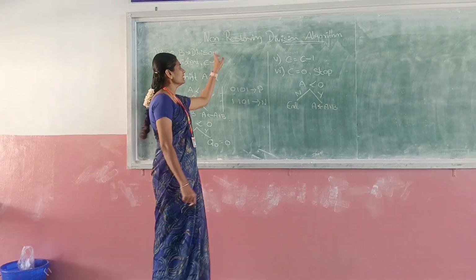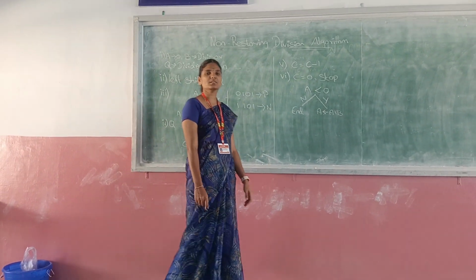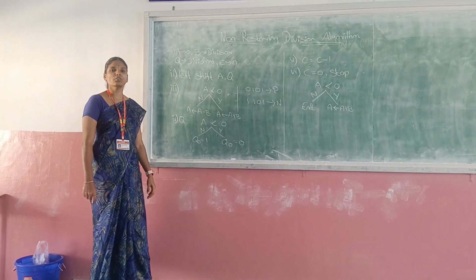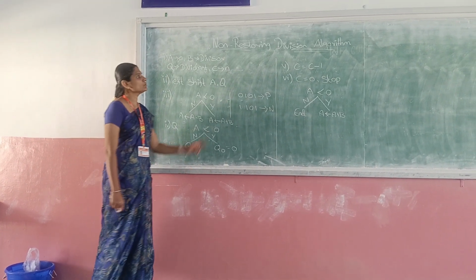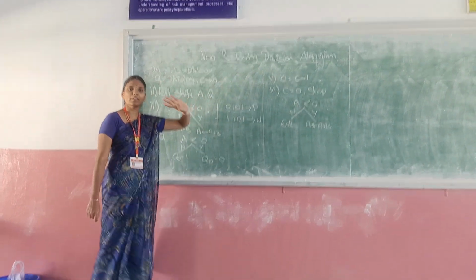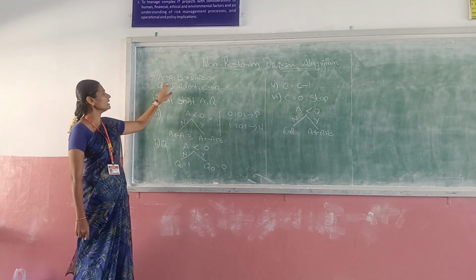Today's topic is the non-restoring division algorithm. This is one of the division methods which is used in computer architecture for performing the division operation. To perform this non-restoring division algorithm, we need 4 input values such as A, B, Q and